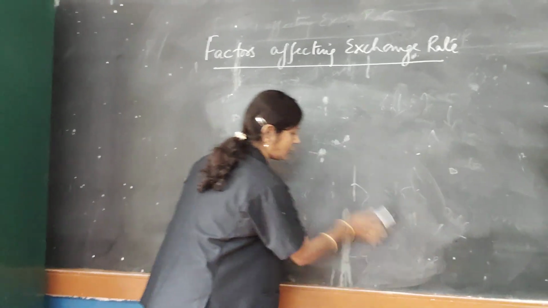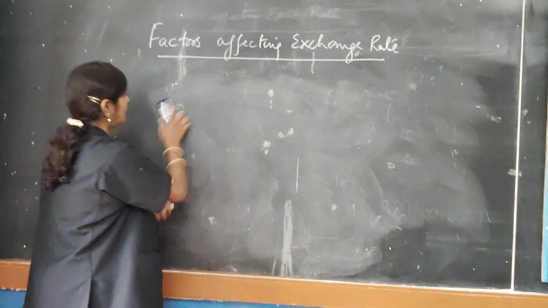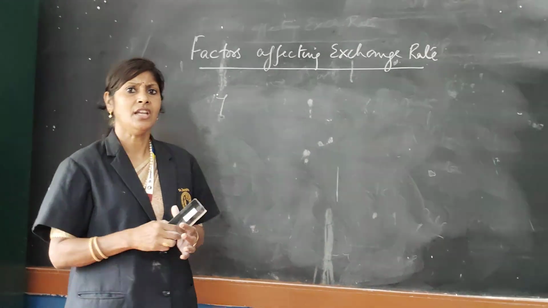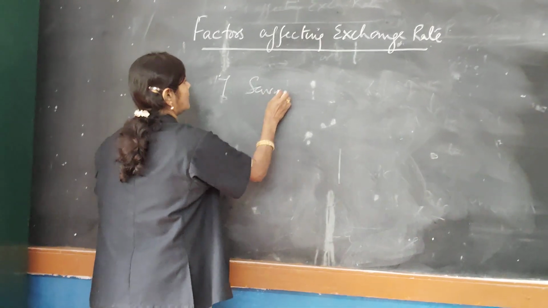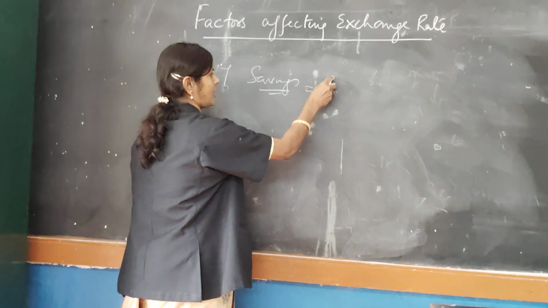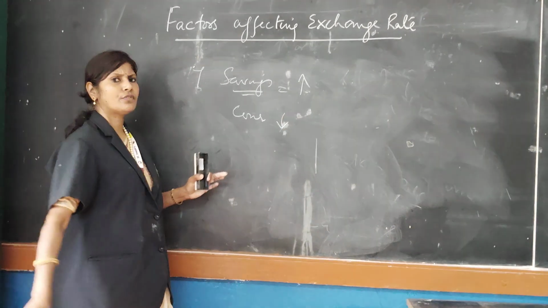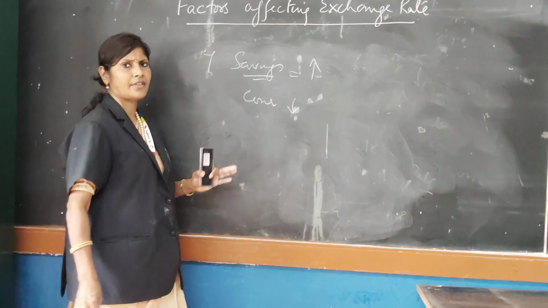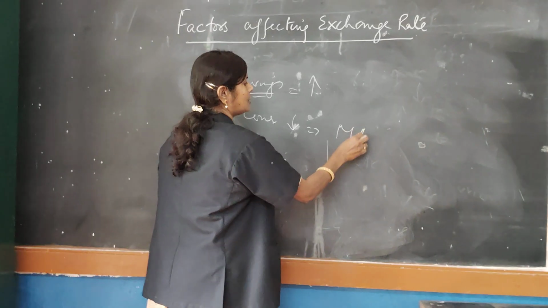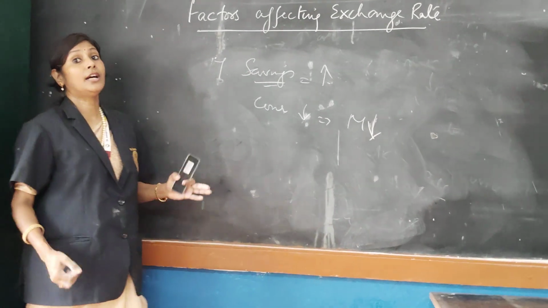The next point, the 7th point, you can say, is other economic variables such as savings. Here, if you have more savings, so savings increase, the consumption reduces, right? So when consumption reduces and the savings are there, it will lead to a lesser amount of imports, because you are not going to buy imported goods.